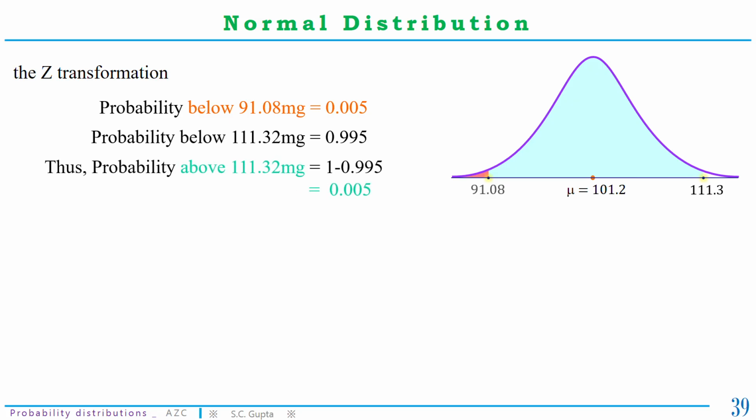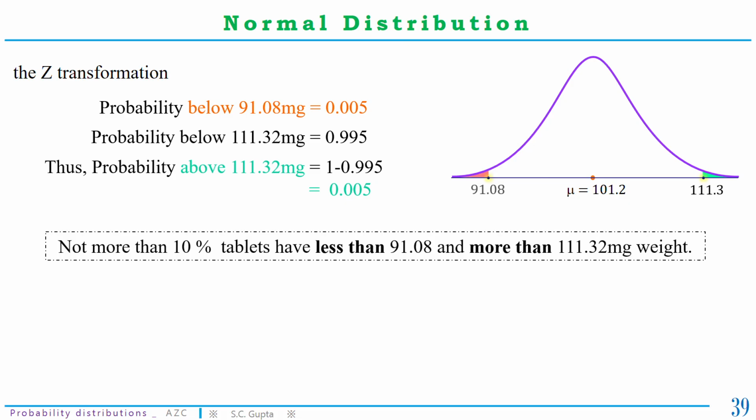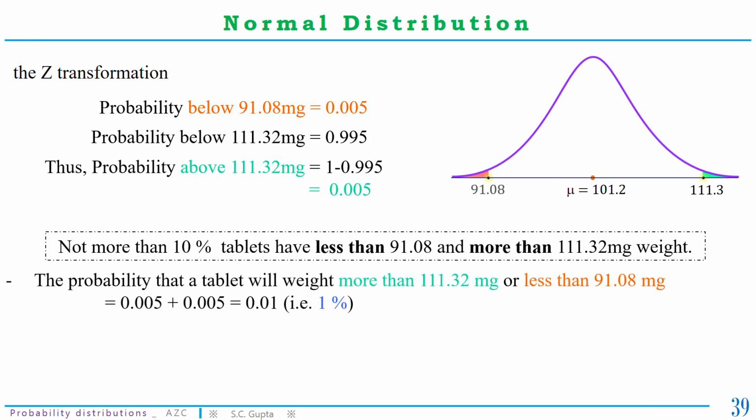Thus, probability above 111.32 milligrams is 1 minus 0.995 is 0.005. Now recall the limit of pharmacopoeia. Not more than 10% tablets have less than 91.08 and more than 111.32 milligrams weight. The probability that a tablet will weigh more than 111.32 milligrams or less than 91.08 milligrams is